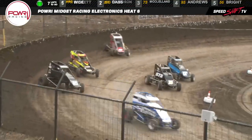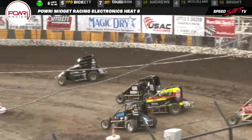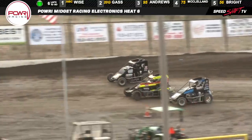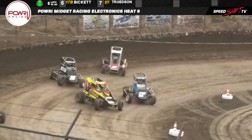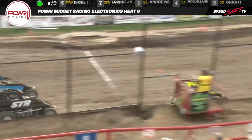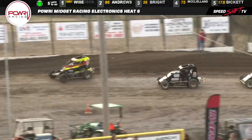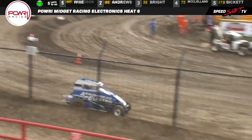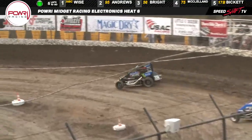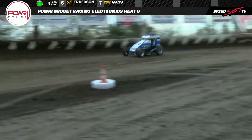Way wide out of turn number 4, against the wall he goes. He is leading Alex Bright in the 56 car up through the field. Bright crosses over out of the needle for the number 56. Nice little move, right through the meat into the number 4 spot for Bright. He too is very capable on these little teeny tiny tracks after a lot of action at the action track back in Kutztown, Pennsylvania. Up front, Zeb Wise showing the way, settling in behind the wheel of the 39 BC car